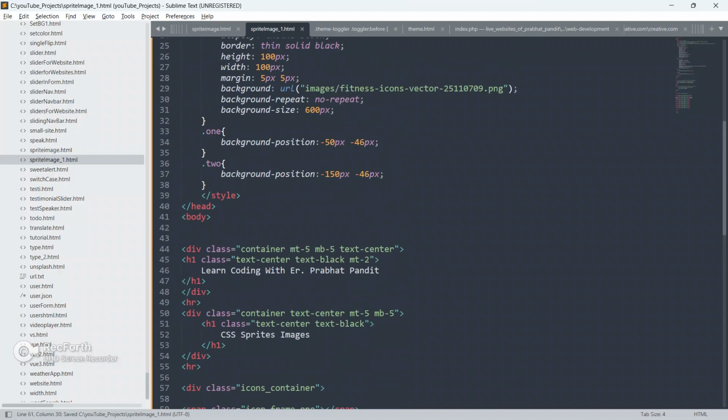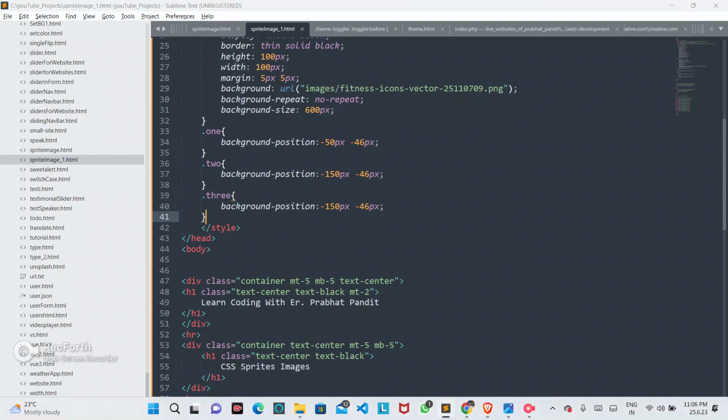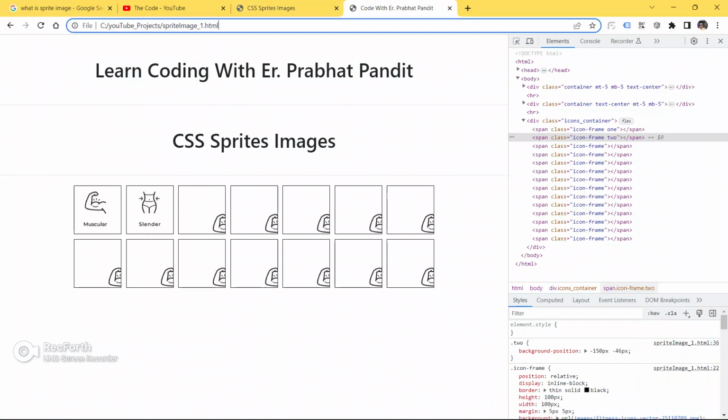Now put another class as 3. Copy this from here and paste it here, make it also 3, save your code, go to the browser and refresh your page.